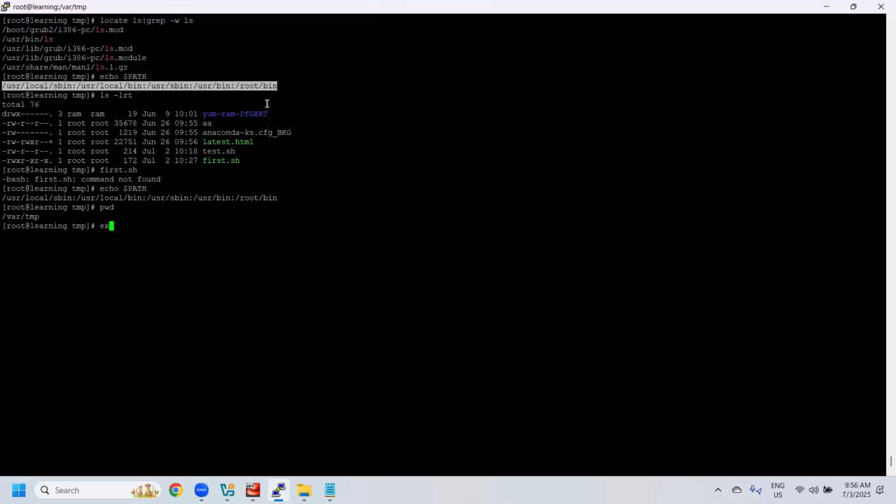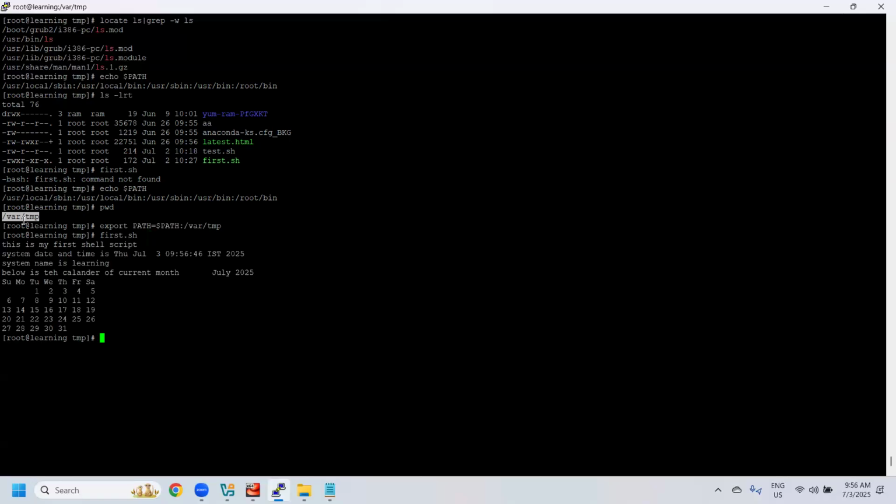For example, in this case, export PATH=$PATH:/var/temp. As I told you, PATH is a colon delimited list of directories. Now go ahead and run your program. You will get the output, which means that now